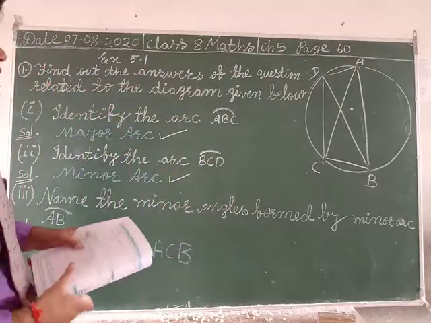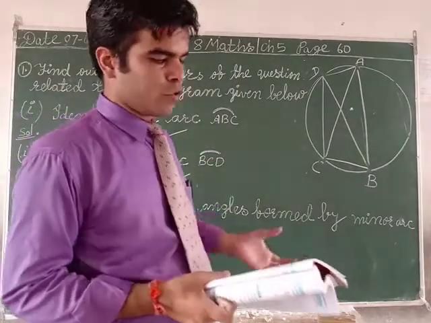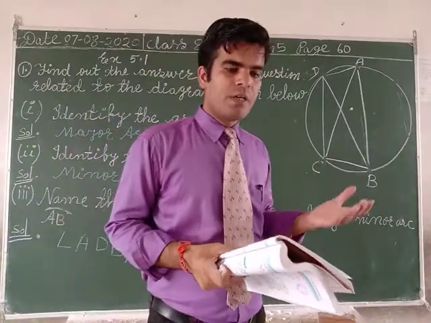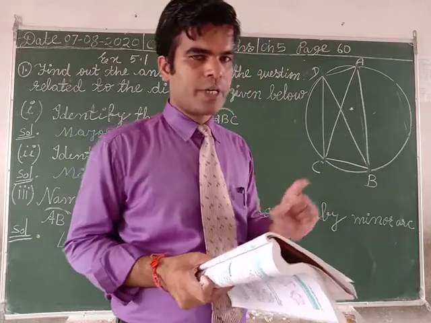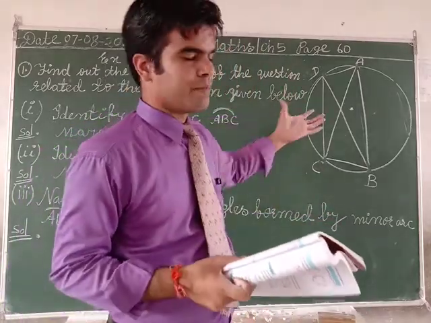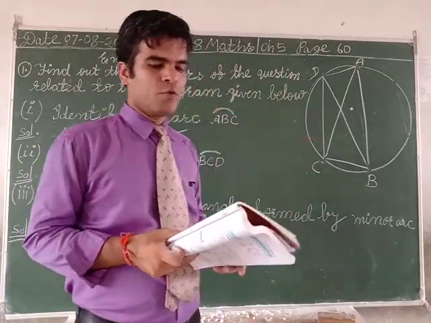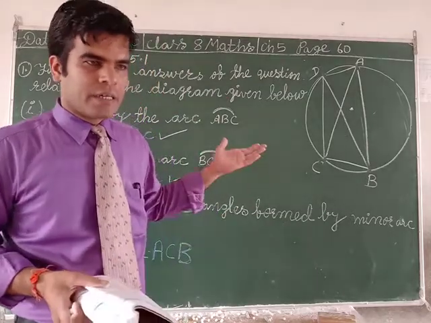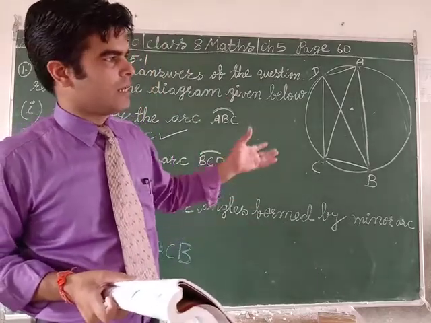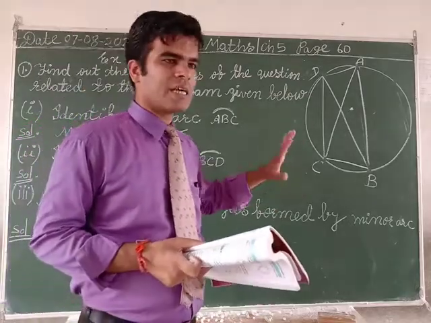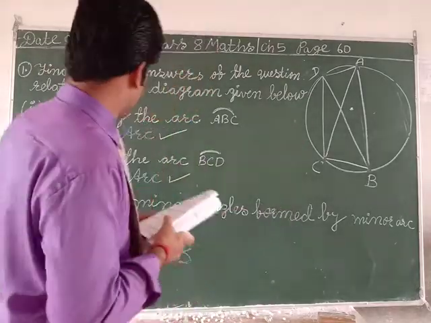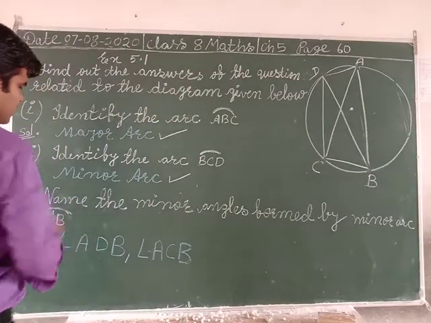Okay, students. When you see the book, both ABC and BCD just look like a semicircle, so don't get confused. Somehow the diagram is wrong. The diagram in the book feels like a rectangle, but it is actually an unmeasured quadrilateral, a quadrilateral of any type whose size is unmeasured. Now students, we discuss question number 3.